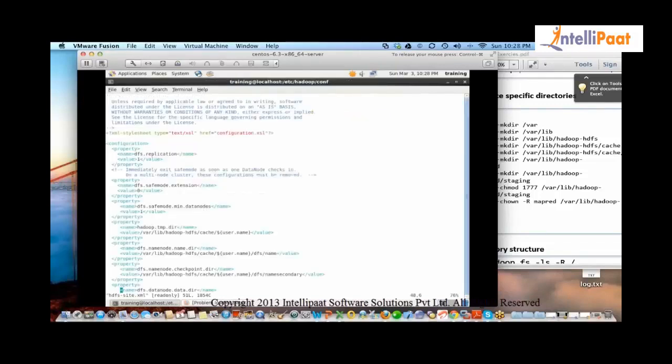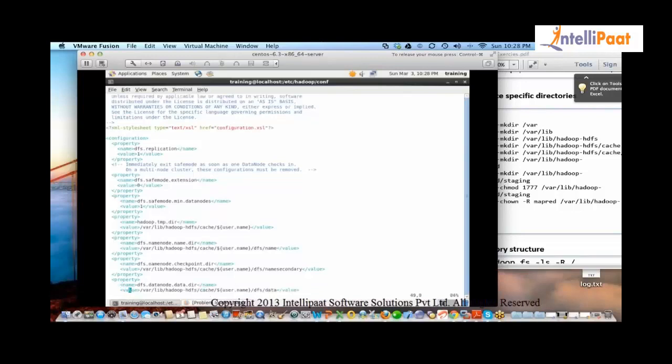Now, as you said, in Linux you have multiple mount points and you want to decide where to store Hadoop data. This is the place where you say this is my mount point, and you can have a comma separated list of values. When you write /var/lib/hadoop-hdfs/cache/hdfs/dfs/data, this is a local path.